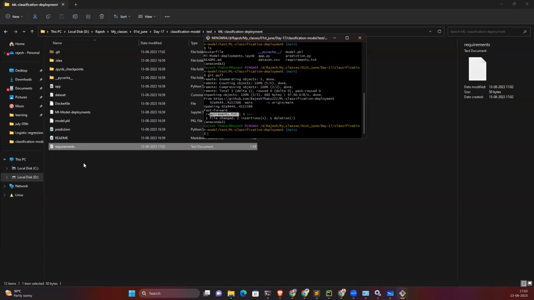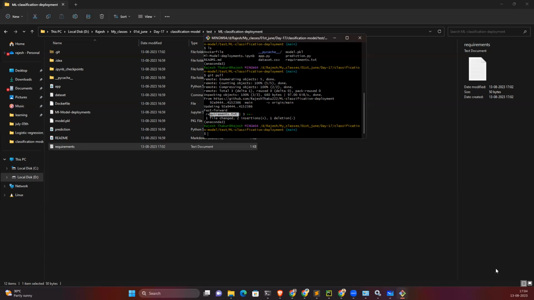Now first show me your Git Bash. This is not that. You are inside of demo git. So how will you see it? You have to go inside of that folder which you have created. Demo git was that. Now type git pull once again here. Enter. So you are able to see requirement got updated, right?